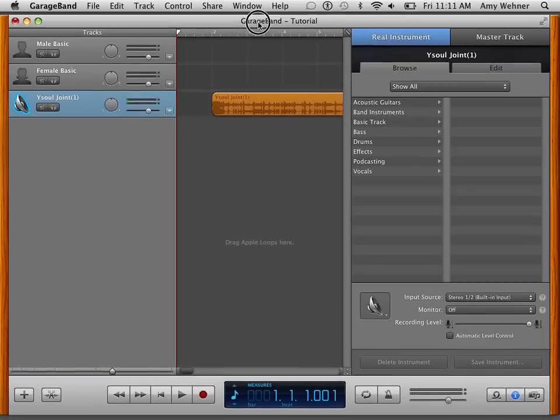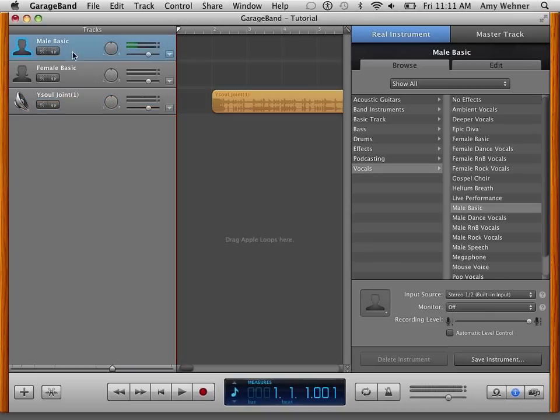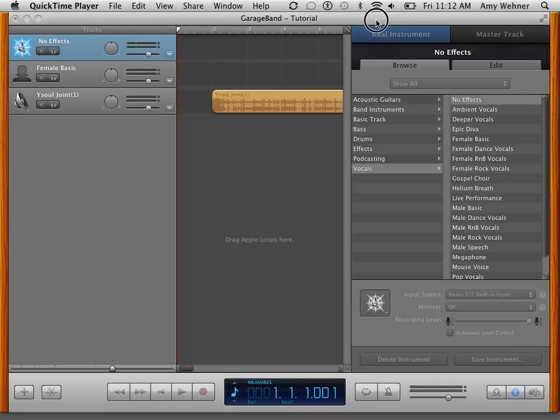So what we're going to do is then record the voices. Everything opens up with two basic tracks, male and female voice. I usually just pick one of them, and I go over here and click no effects. If you want to do some effects you can, but like I said, we're trying to keep this simple. So select no effects, and then on that track you're going to